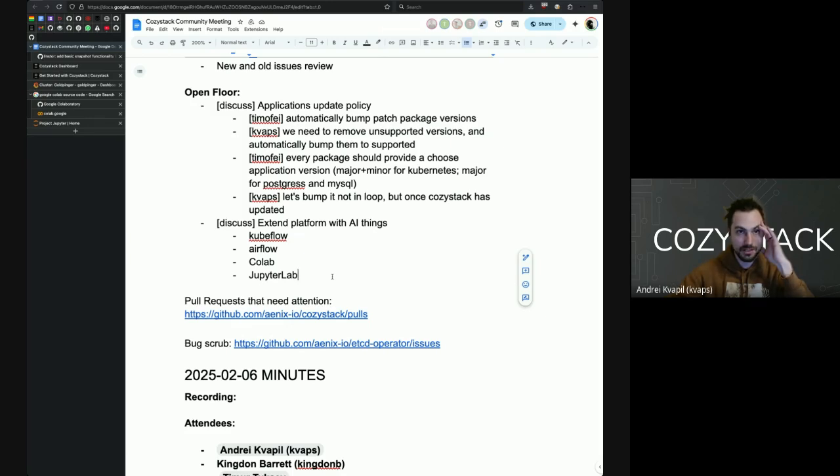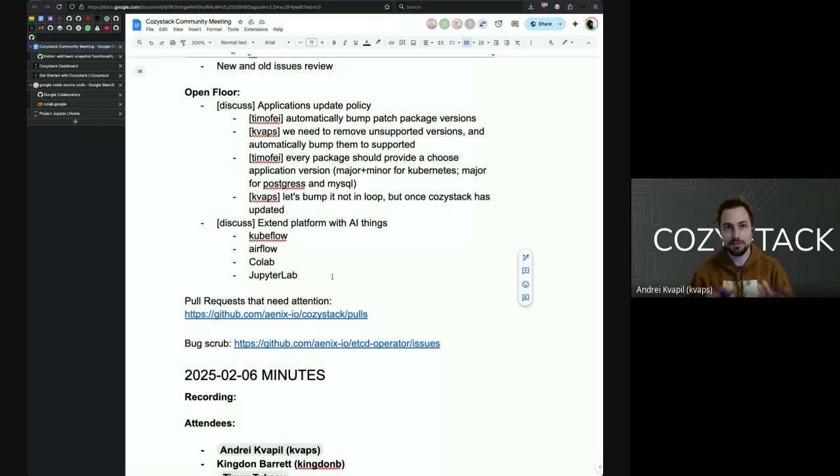Who will use this? Because if we just bring things and nobody will use it, we just need to collect cases. I think it might be some design proposal, with things like: as an AI user, I want to have the opportunity to run my scripts in such a way. And I'm still not sure if we will create a separate bundle or bring those tools to the existing PaaS bundle, because the PaaS bundle